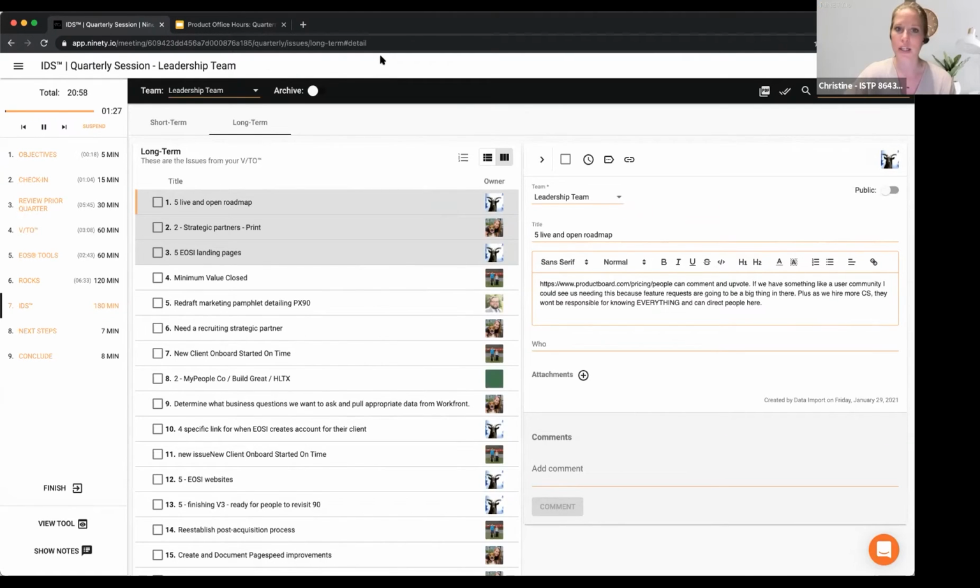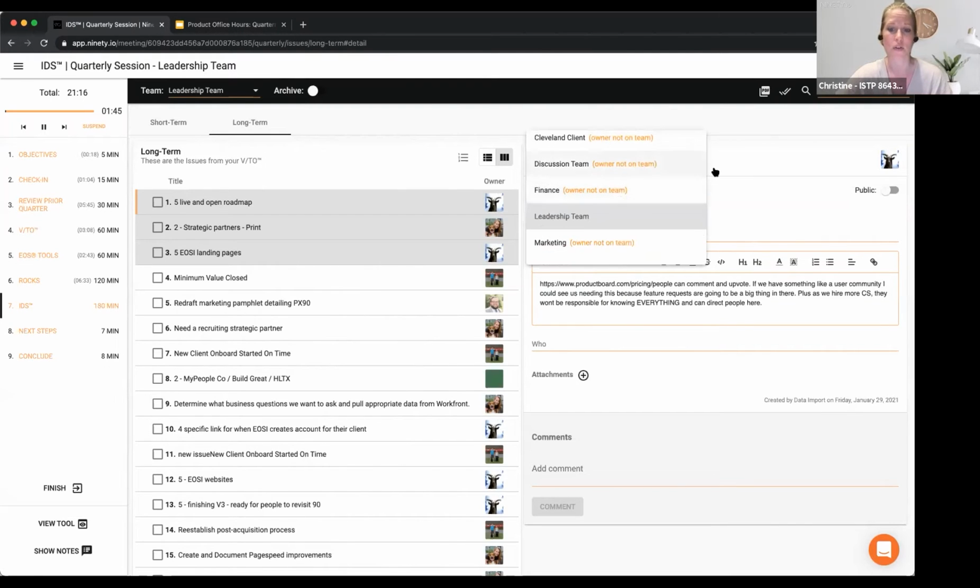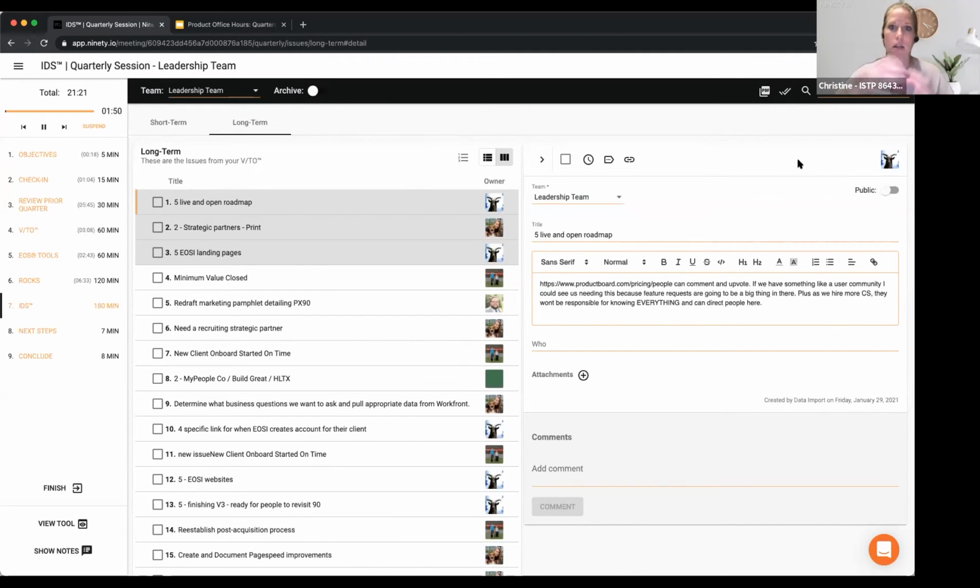Another great thing to mention is that as you're going through keep, kill, combine, maybe it's also an issue that you don't need to solve at the leadership level or on the specific team you're on. If you're running departmental quarterlies, we ran into a couple items where we just switched the ownership of the team. So if there are situations like that, you can move this to a different team if it's not something that you need to talk about individually.